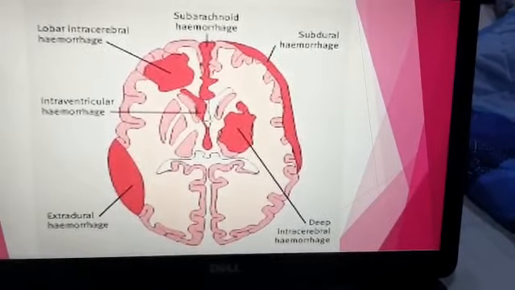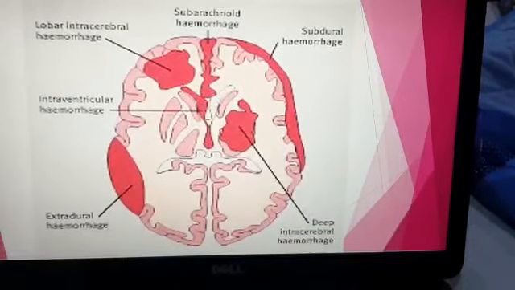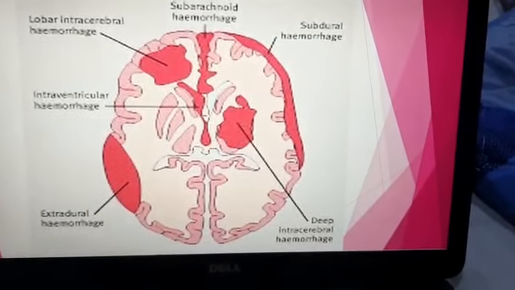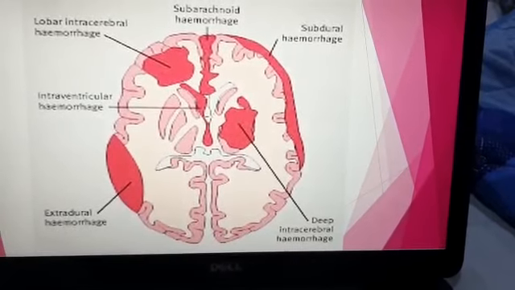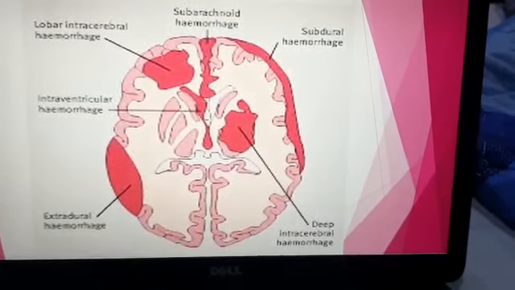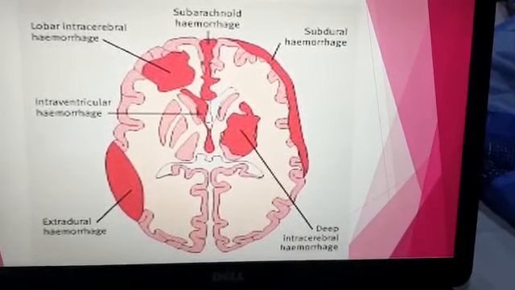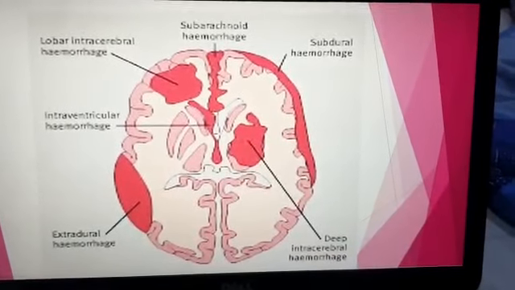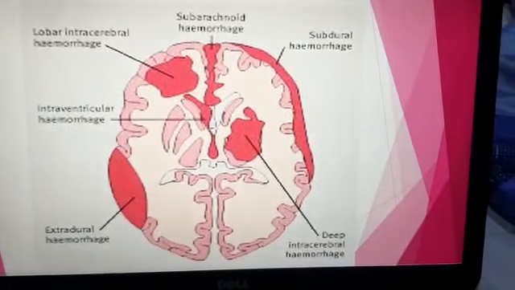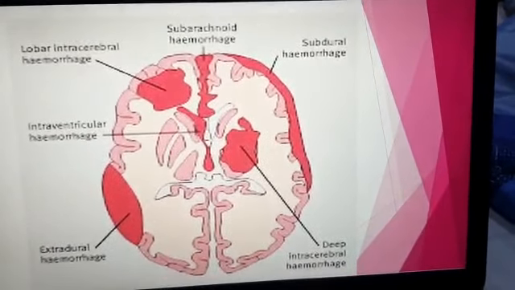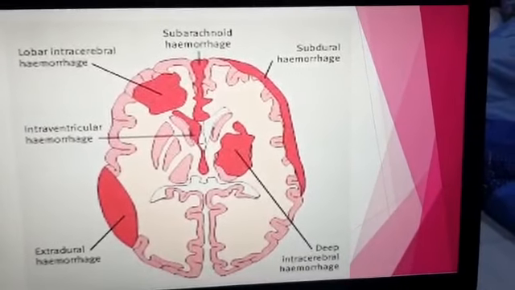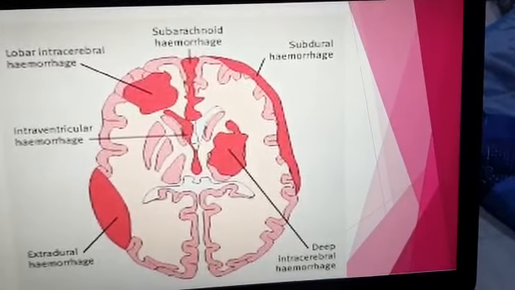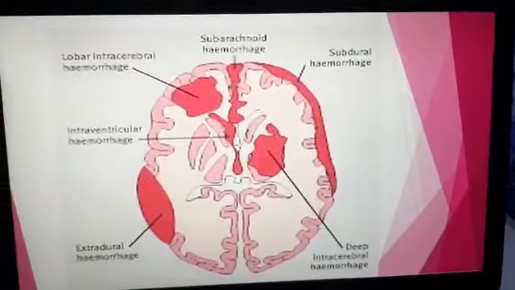Look at this graph. Extradural hemorrhage has a biconvex or lenticular shape. This is fixed. When you see a lenticular hemorrhage, it is extradural hemorrhage. Subdural hemorrhage has a crescent shape, so when you see a crescent hemorrhage, it is subdural hemorrhage. Subarachnoid hemorrhage is gyriform. It takes the shape of the gyri and cisterns where the hemorrhage is seeping. So when the hemorrhage takes a gyriform shape or is seen in the cisterns, it is